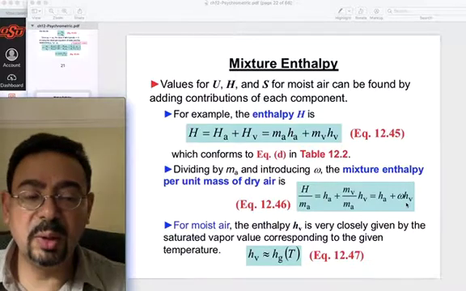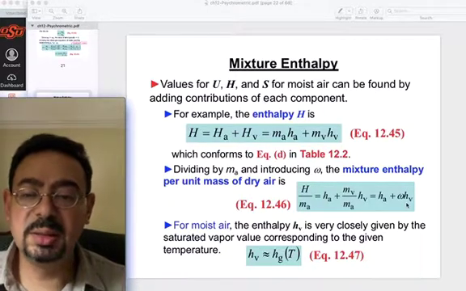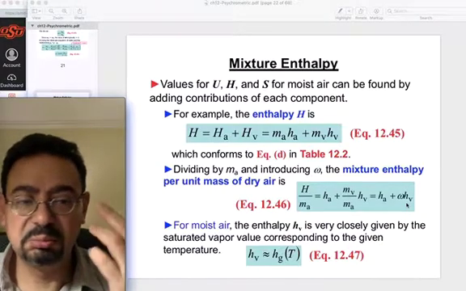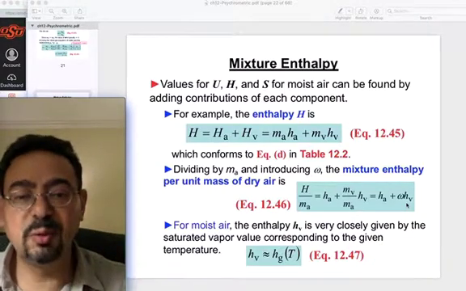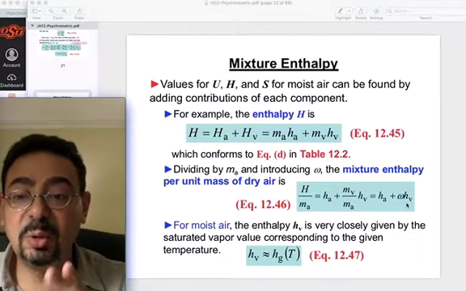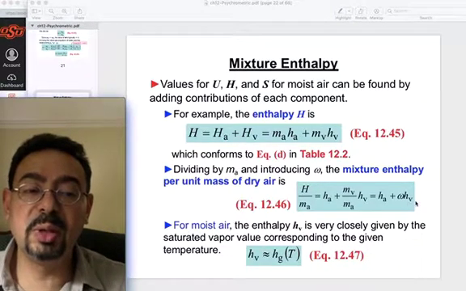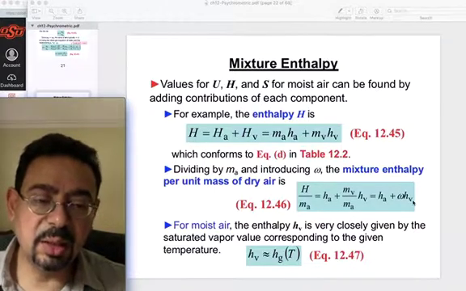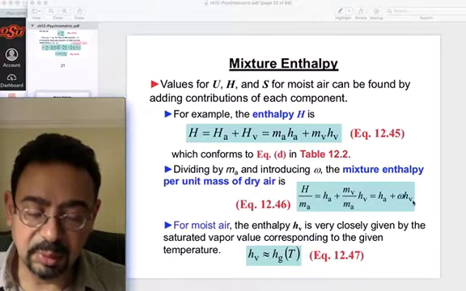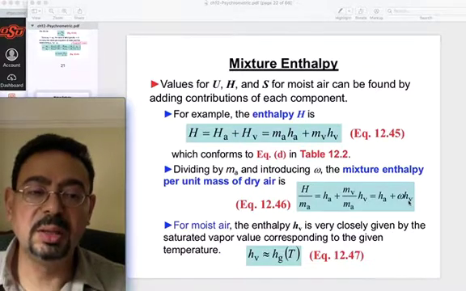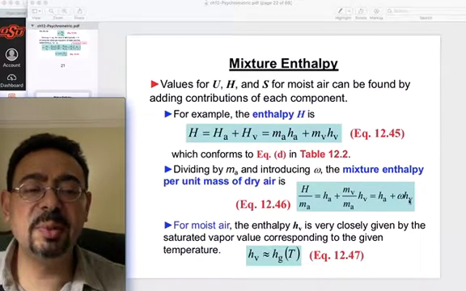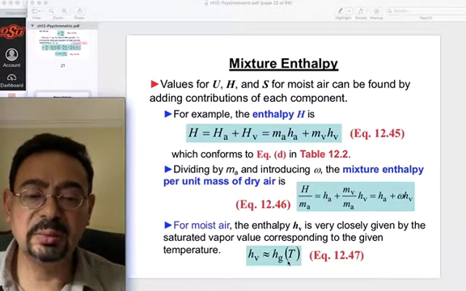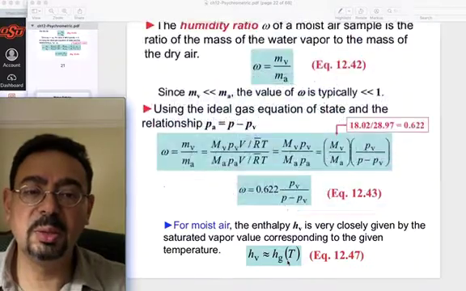that H vapor. How do I get the enthalpy of water vapor? Steam table and what? Two properties, pressure and temperature, entropy and specific volume, entropy and temperature. Any two properties, you go to the steam table, you should be able to calculate H vapor. But something that makes our life easier, it may confuse a bunch of you, is that he would say that H vapor is almost like